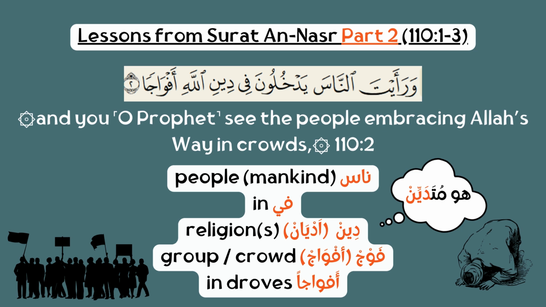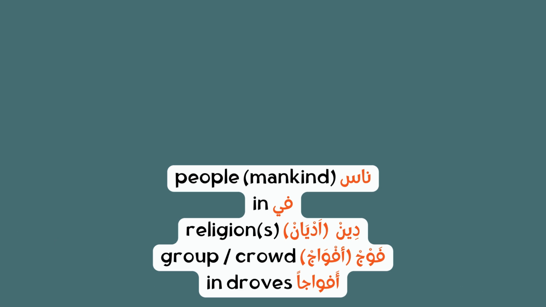A common word you'll hear on the street to do with deen, for example, if you want to say somebody is religious, you can say huwa mutadayyin. It has the same root letters as deen: dal, ya, nun. Mutadayyin means religious. If you want to say it for a lady, hiya mutadayyina, it has a ta marbuta at the end. So it's huwa mutadayyin, hiya mutadayyina, and hum mutadayyinin, they're all religious. Let's see what else we have.